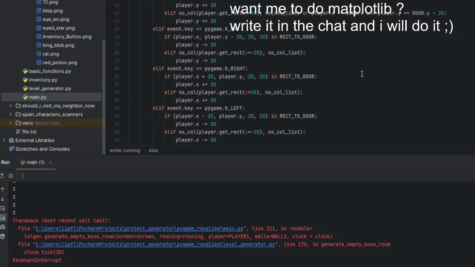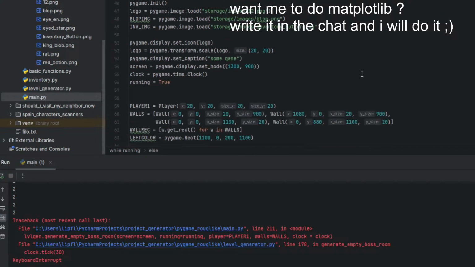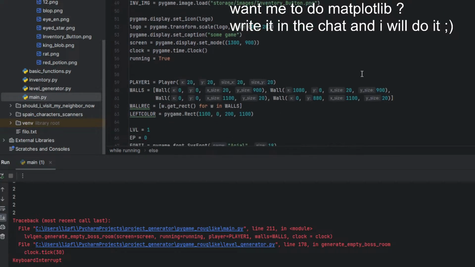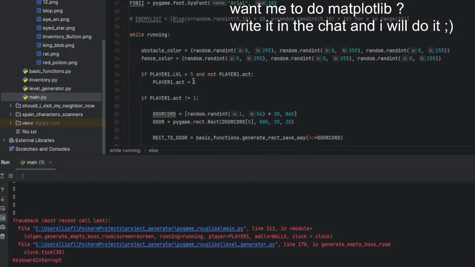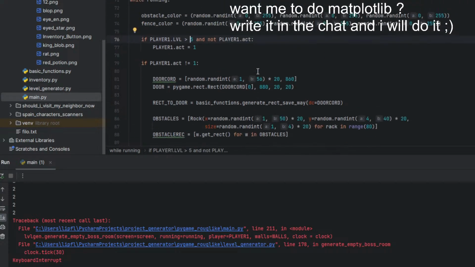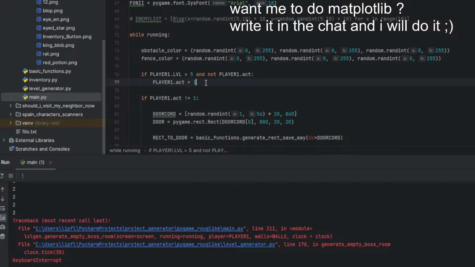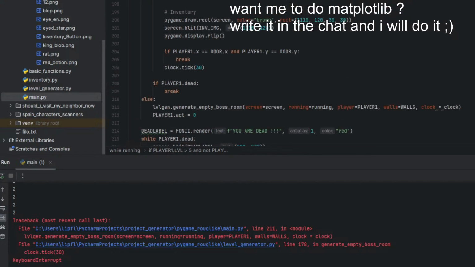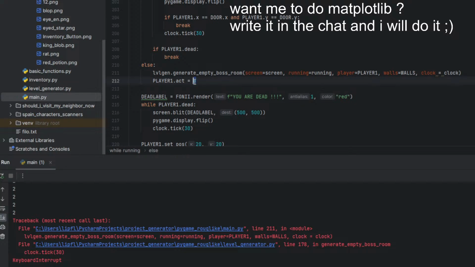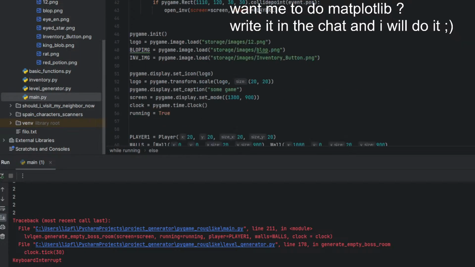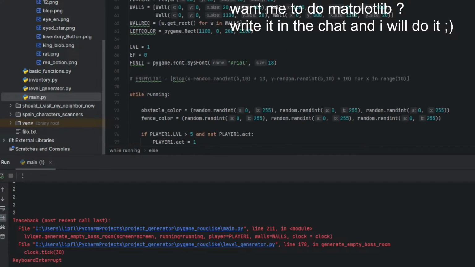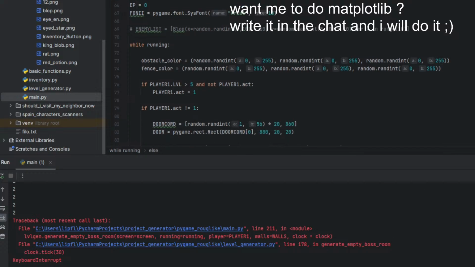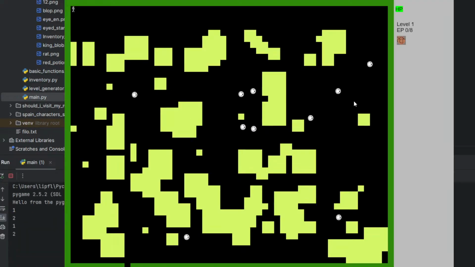Equals 0. So where do I not player acts? So again, let's see now.